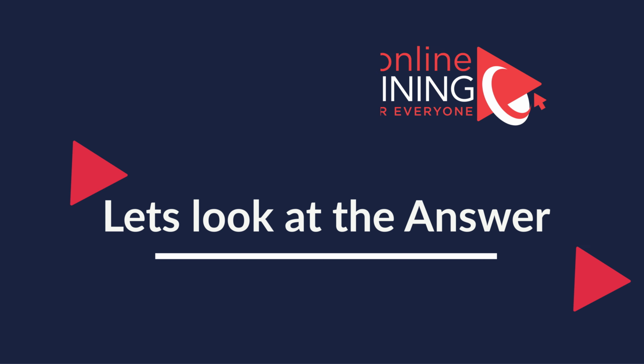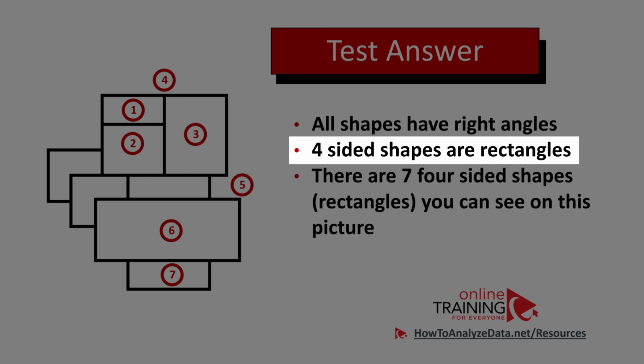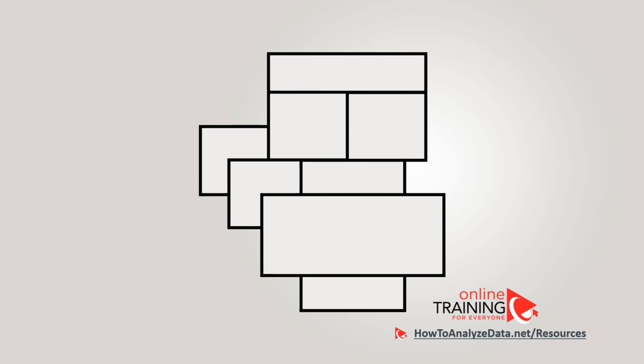There are different four-sided shapes, but all shapes on this picture have right angles. This is the reason all four-sided shapes here are rectangles. And there are 7 four-sided shapes that you can see on this picture. Let's draw all of them for you. Let's start with the shape number 1, then go to shape 2,